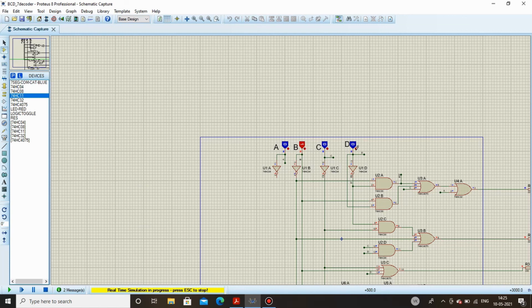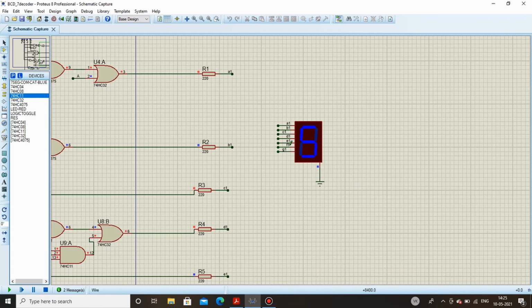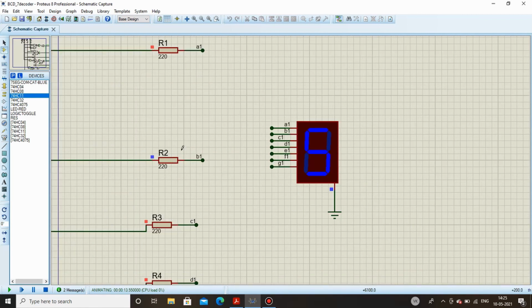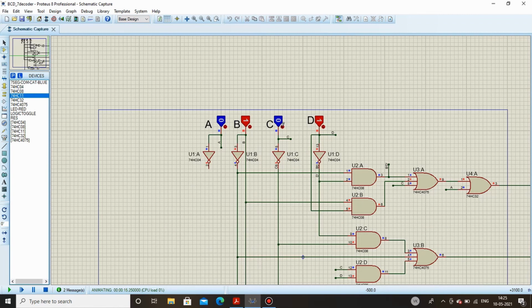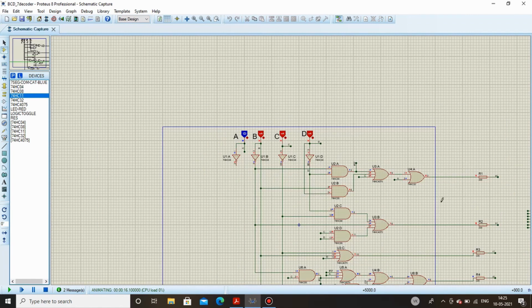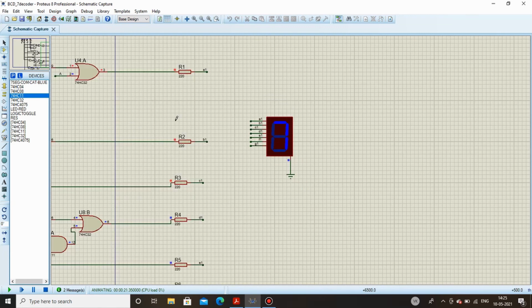This should represent 5. Yes, it is. See, 5 over here. Now 7. See, 7. The display used here is of common cathode type. As you can see, this common pin is grounded and all the pins are connected to the output.